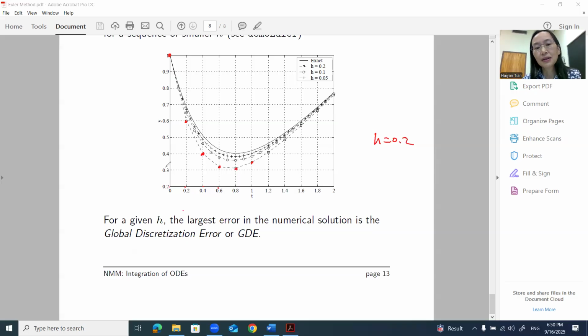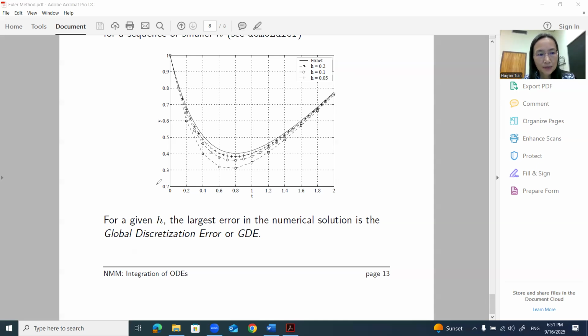So you can get a number of y values, and you compare it with the exact solution, which is the solid line. The solid line represents the exact solution. Then you see at each t the difference. So we can see that's not the best approximation,